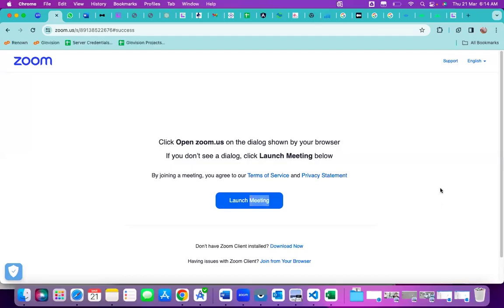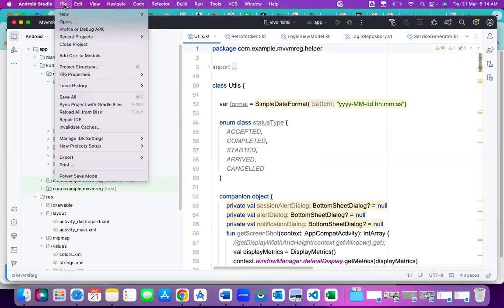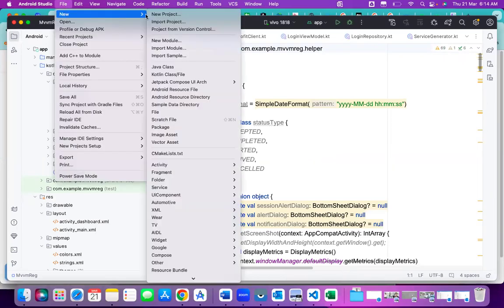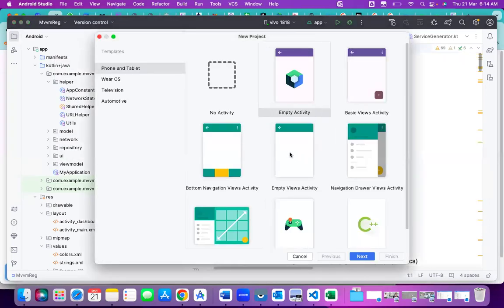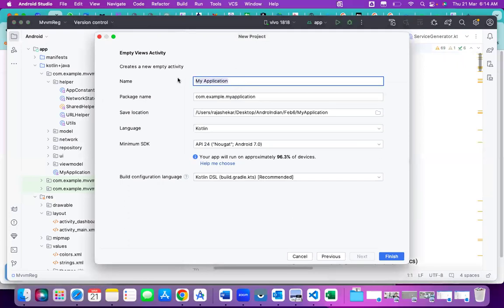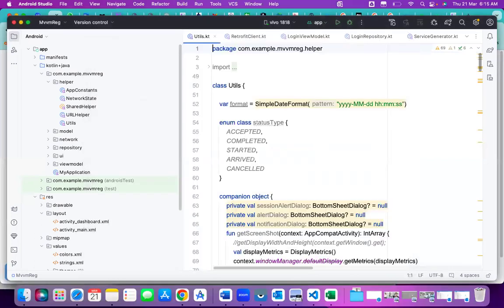So today we will start runtime permissions. Let me create a project with the name runtime permission. So the runtime permission is nothing but, when we install the app,